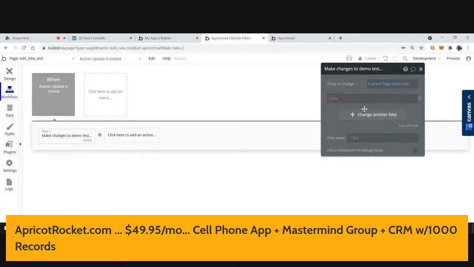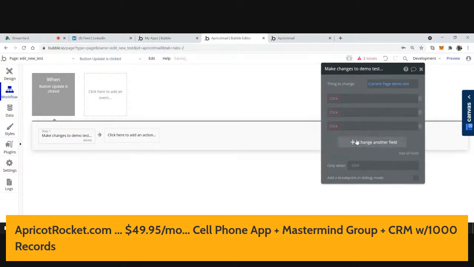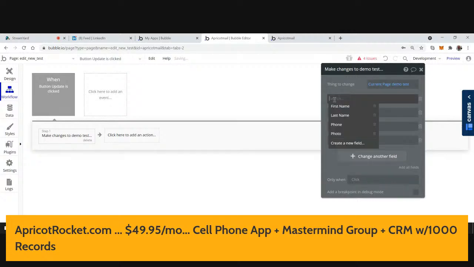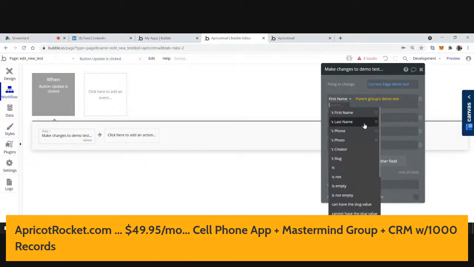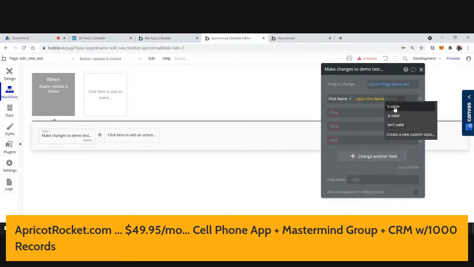Now, what are we going to do? Well, we're going to have different fields. What we're going to do is change the first name to the input first name value. There we go.